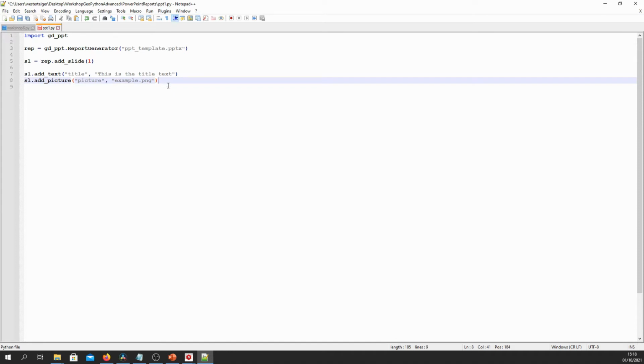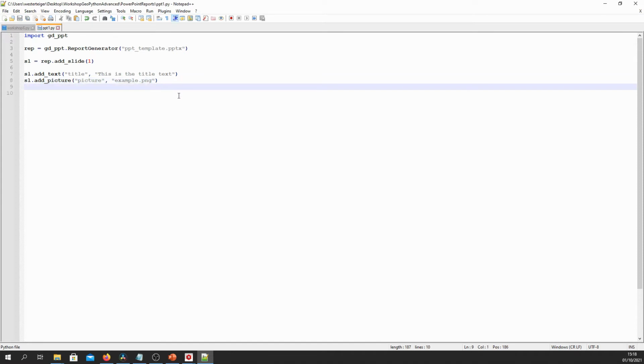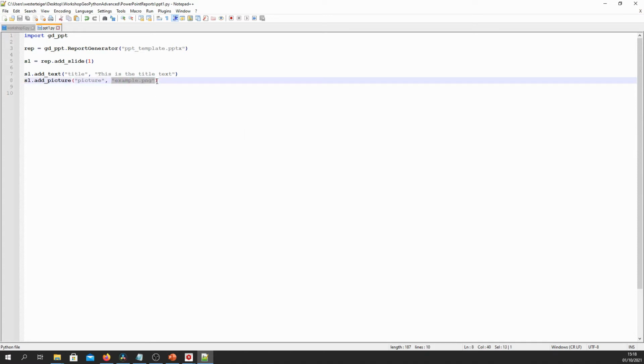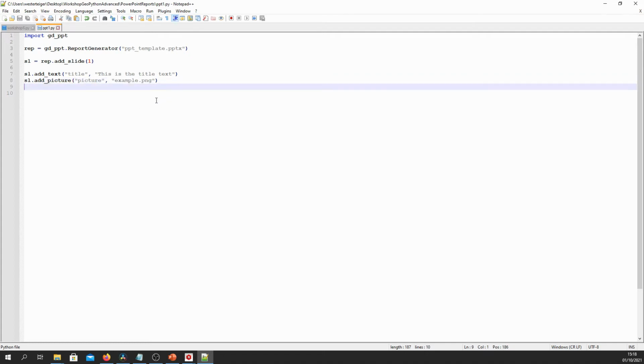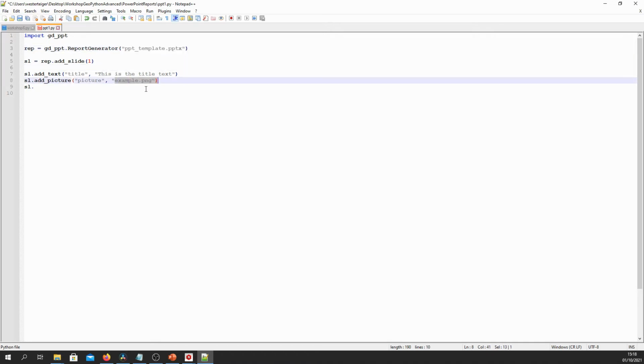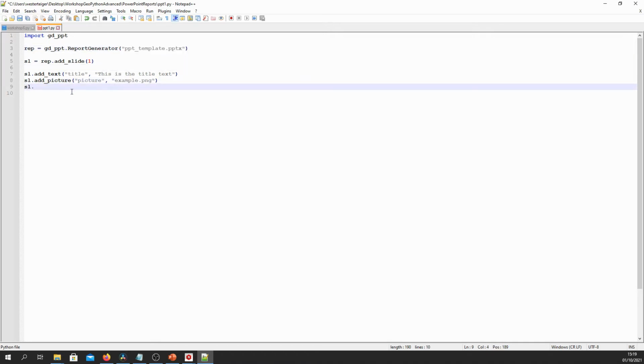But of course, we saw earlier that you can create plots. You can create a plot and write it to a PNG file. Nothing stops you from up here creating a plot or multiple plots, and then taking these files and inserting them into a slide. But in this case, this example PNG is a file which I've already prepared. So in this directory that we changed to, we have this ppt template pptx, and we have the example PNG as example files. And last but not least, let's add the picture caption.